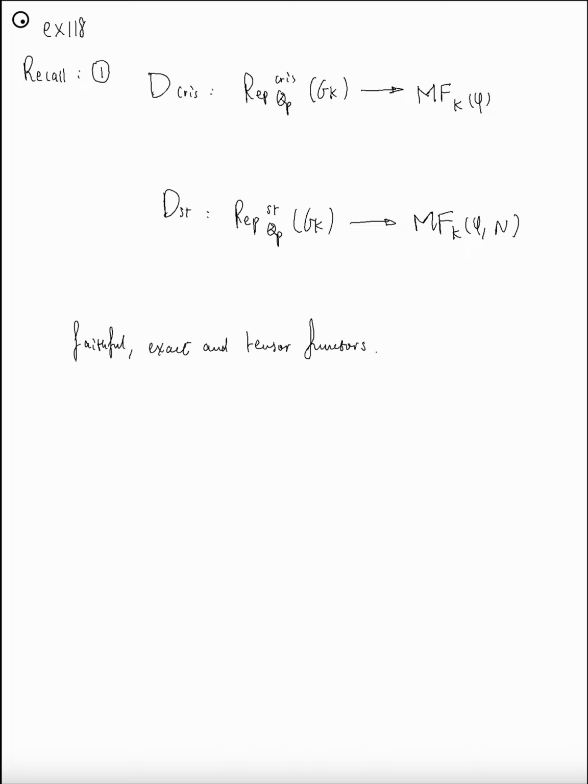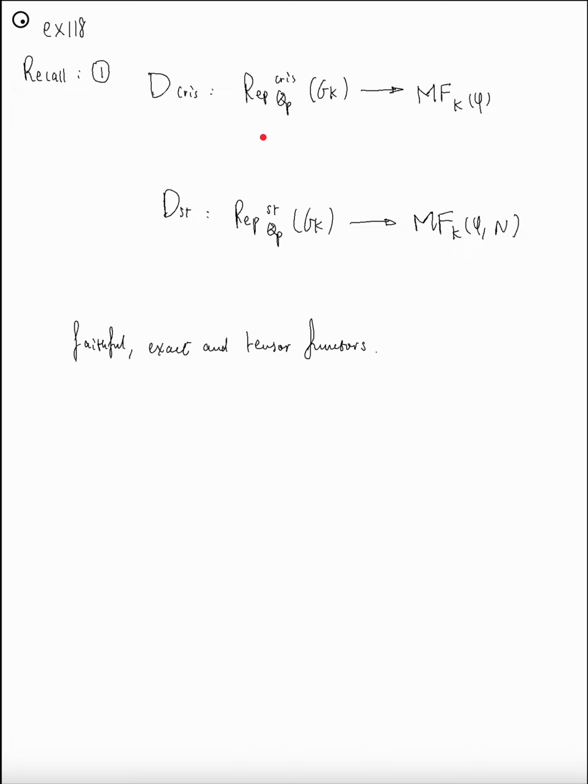Well, firstly, let's look at D_cris. So recall that firstly there is a covariant version and a contravariant version. Right, so there are two versions. So the first version,